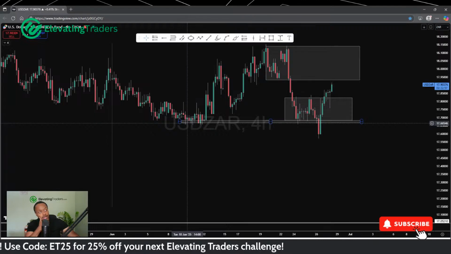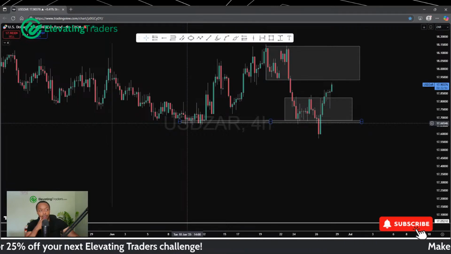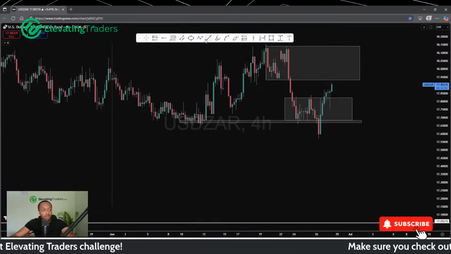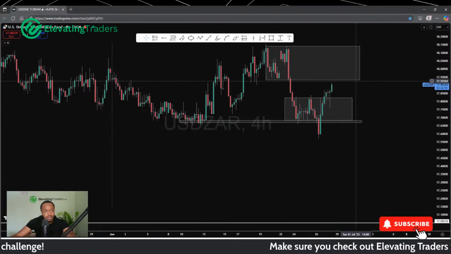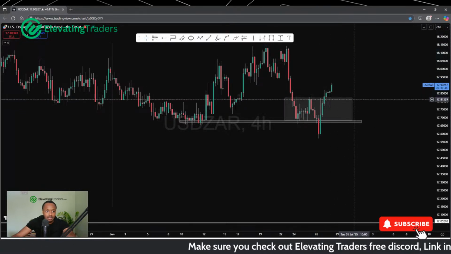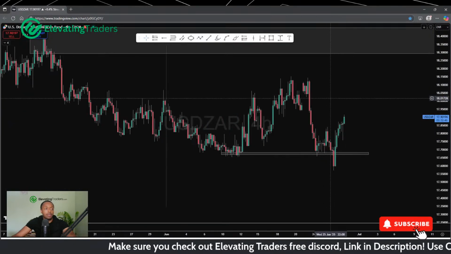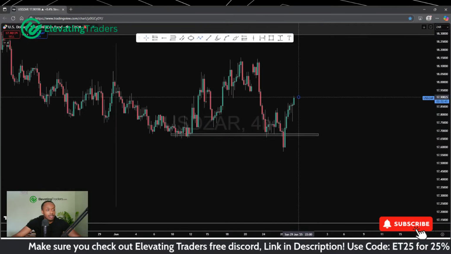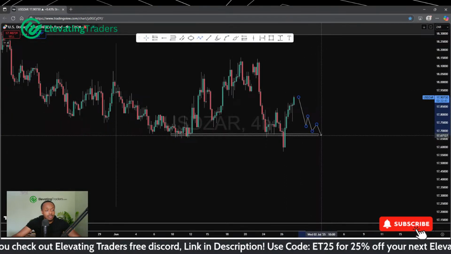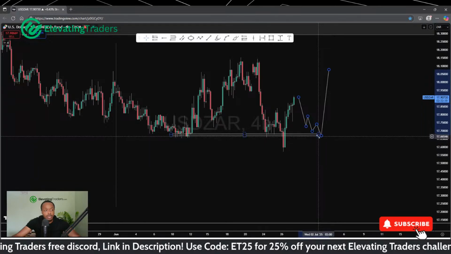So the way I'm looking at USDZAR right now is that we are bottoming out. I wouldn't be looking to short here. Yes, we might see some downside, but I wouldn't look for any sustained move. And in my opinion, this looks like a nice area to try and pick up some longs. If we can see another retest of that area, I think that would be a smart place to buy back